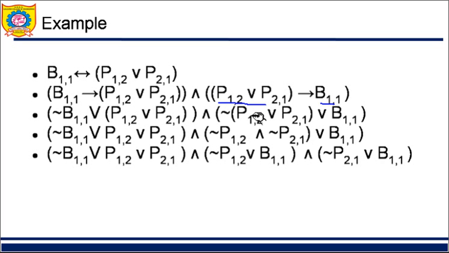So when I put negation on a bracket, my or gets changed to and. Okay, so here I get negation of P12 and negation of P21 or B11 in this fashion. Now I also want to open this bracket. So what does it mean? The first term is the same. What about the second term? This or B11, this or B11, right? They are joined with the help of and. We have opened this bracket, right? We have ORed it with it. So finally, why have we done this? Because we want and outside the bracket and or within the bracket.